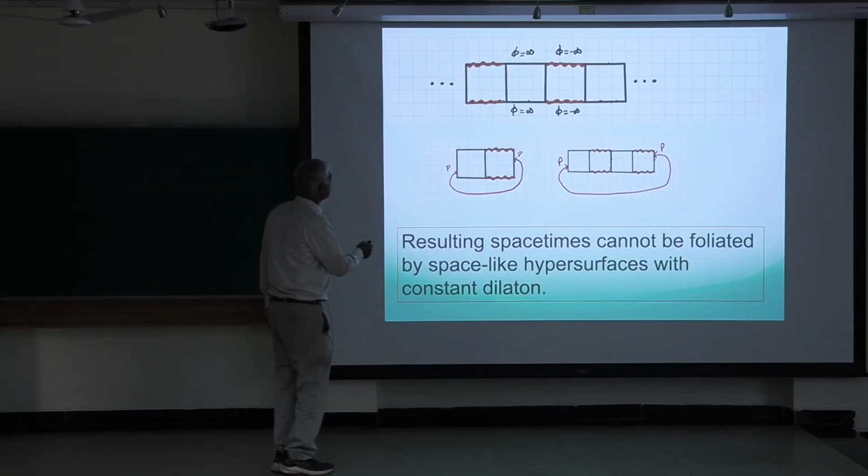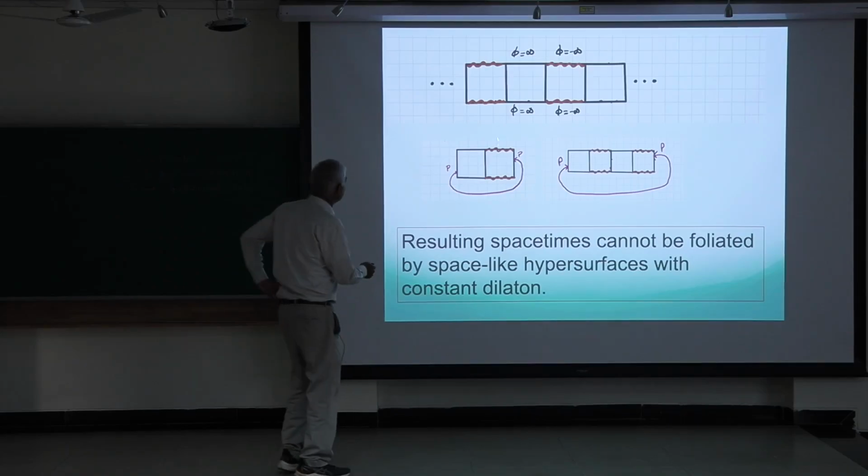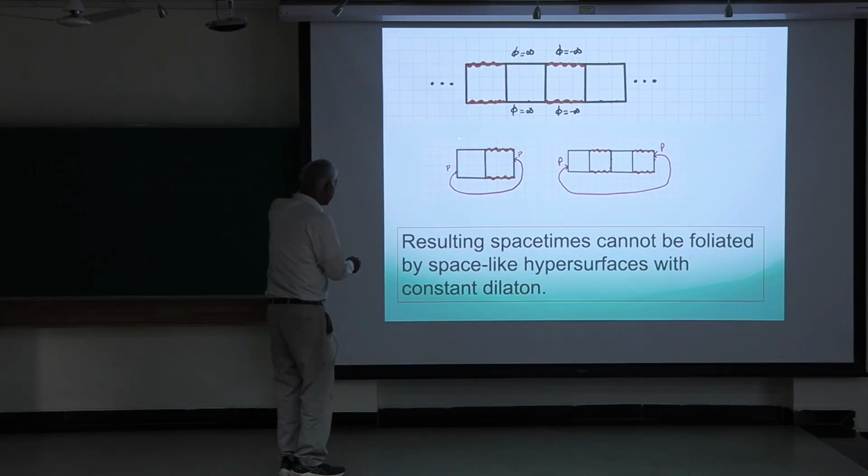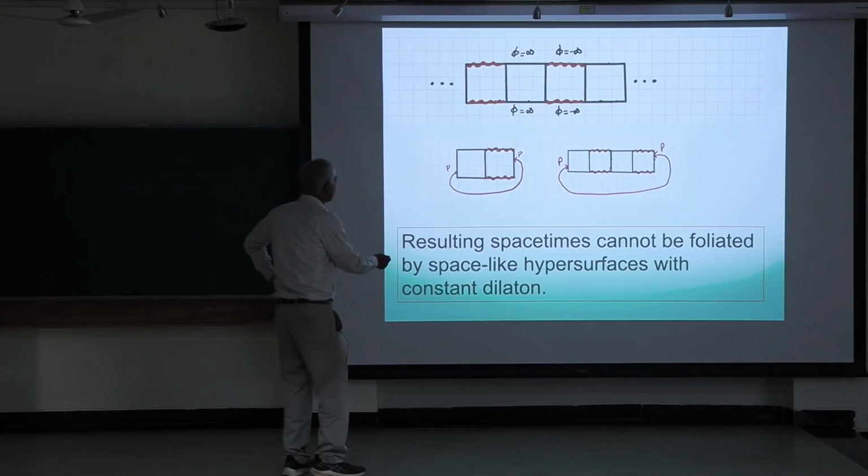So here I've shown 2 sets of these. So the original cosmological and black hole region, then one cosmological on one side and black hole. But then you could have more and more. And their point was that now what you can do, and when you think about the symmetries and so on, it's possible, is you can take a point, say, or first let me start actually just with the original cosmological and black hole region. So you can just start with this, but now instead of making the identifications I was making along the isometry directions, make an identification by identifying a point on the left edge with the right edge.